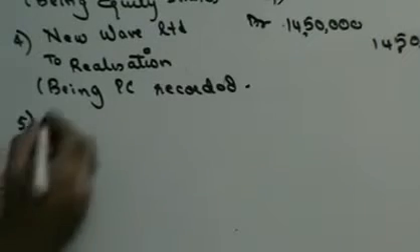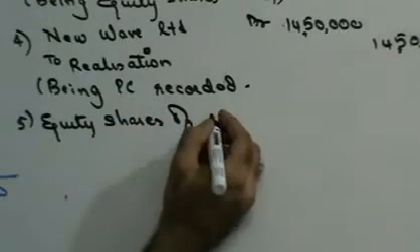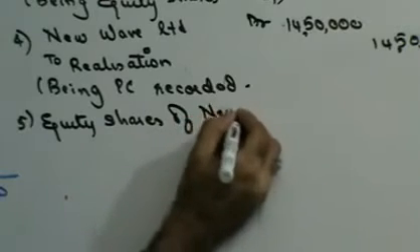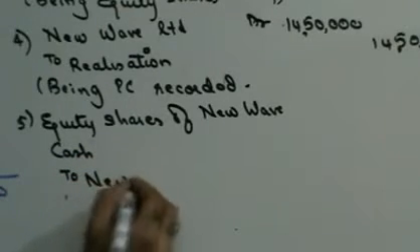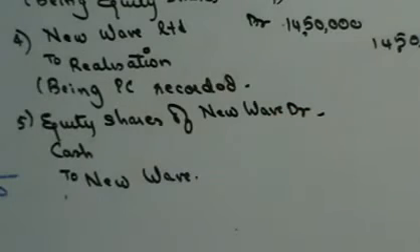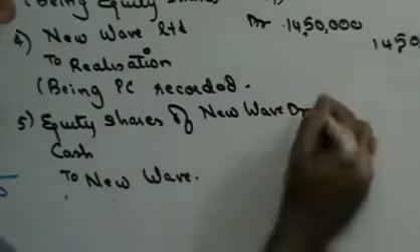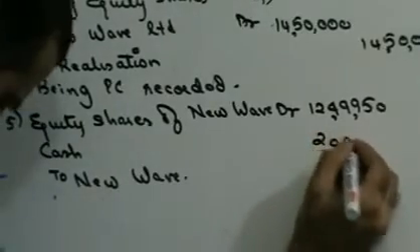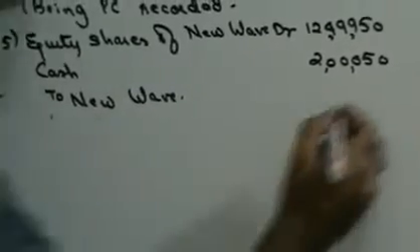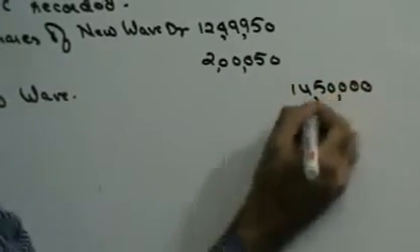Once you've got the PC, then you have to receive the PC. How are you going to receive it? You're going to receive PC in terms of equity shares. So this will be equity shares of New Wave Limited and cash to New Wave. Equity shares of New Wave Limited is 12,49,950. Cash is 2,50,000. And this is going to be 14,50,000. Being